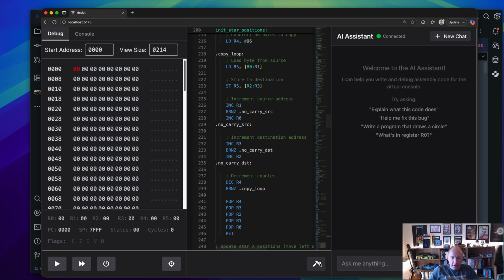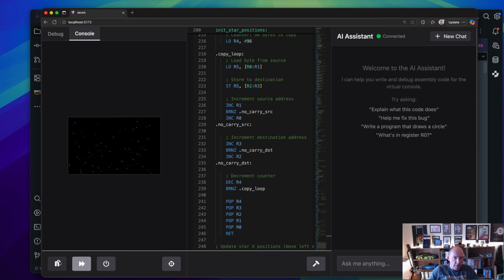Okay, let's assemble it. Let's look at the console. Let's run it. Okay, so our star field still works. We haven't broken anything. It's very decent. Yes, it's very decent. Okay, but nothing I can do with it. So let's say